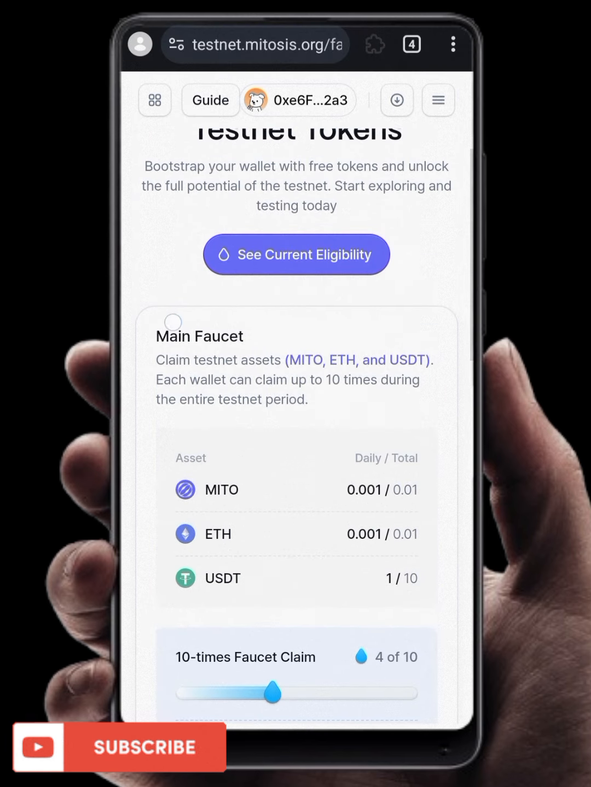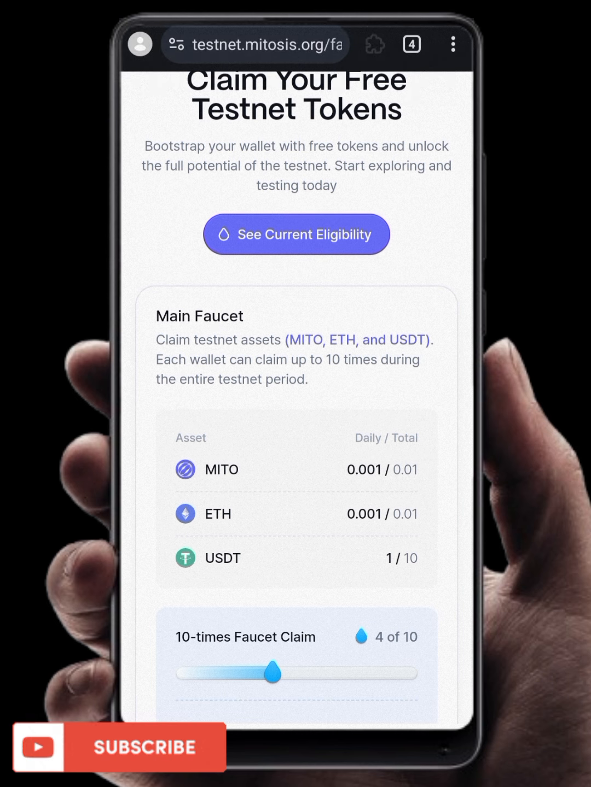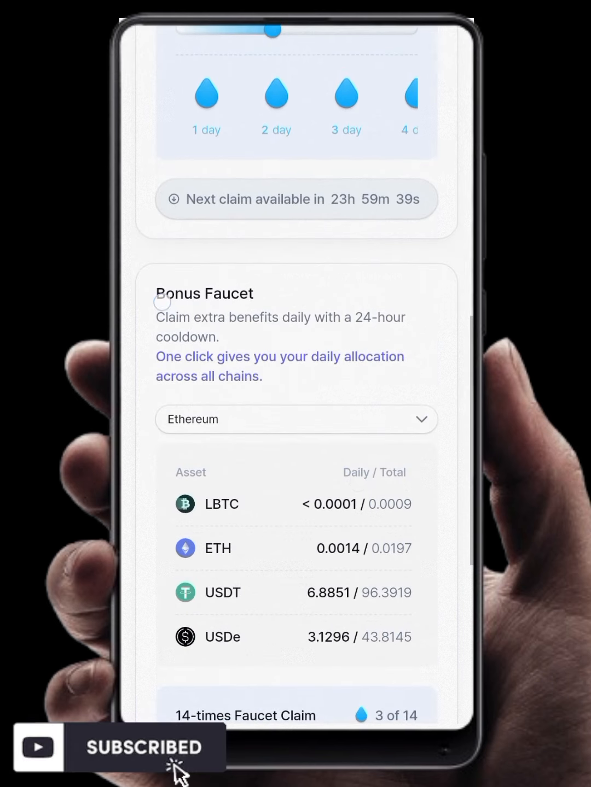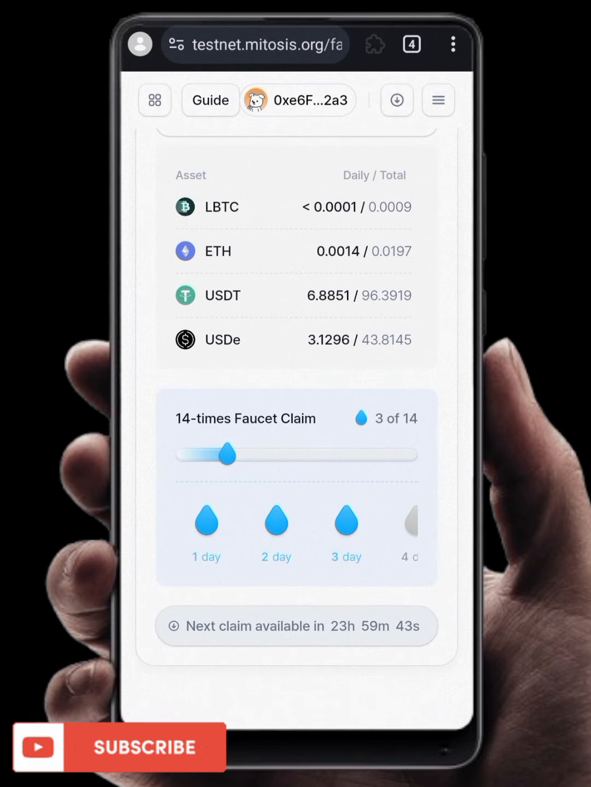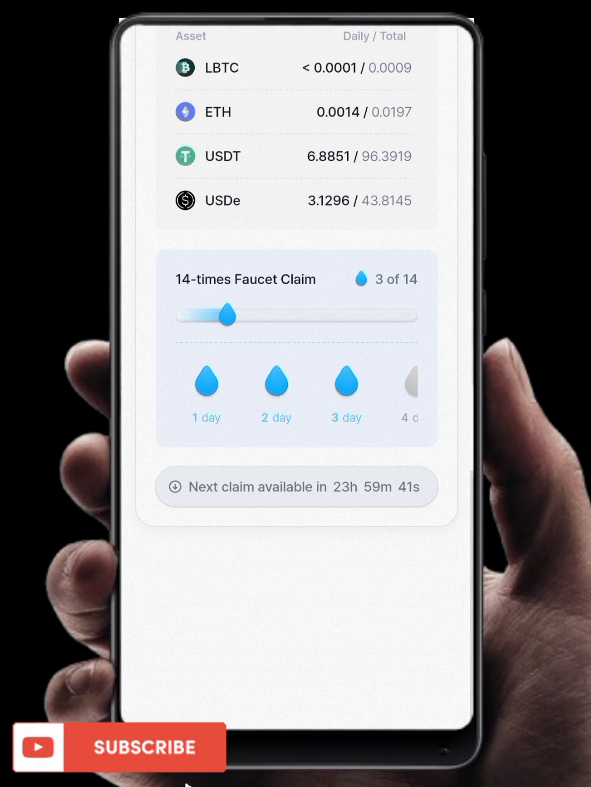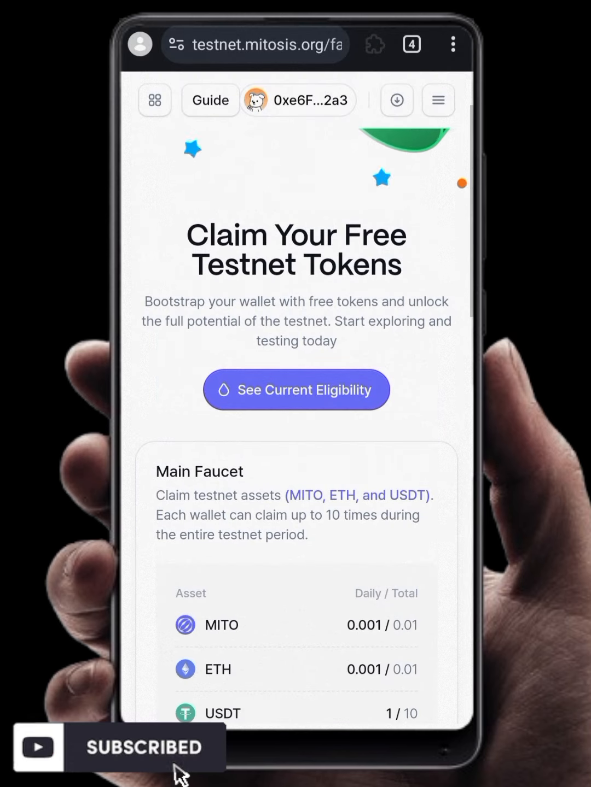This particular one here, which is the main faucet, will give you MITO, Ethereum, and USDT. And then the second one, the bonus faucet, you will also claim miLBTC, Ethereum, USDT, and USDe. Okay, so this is just the basic task you need to do. Once you are done claiming it,